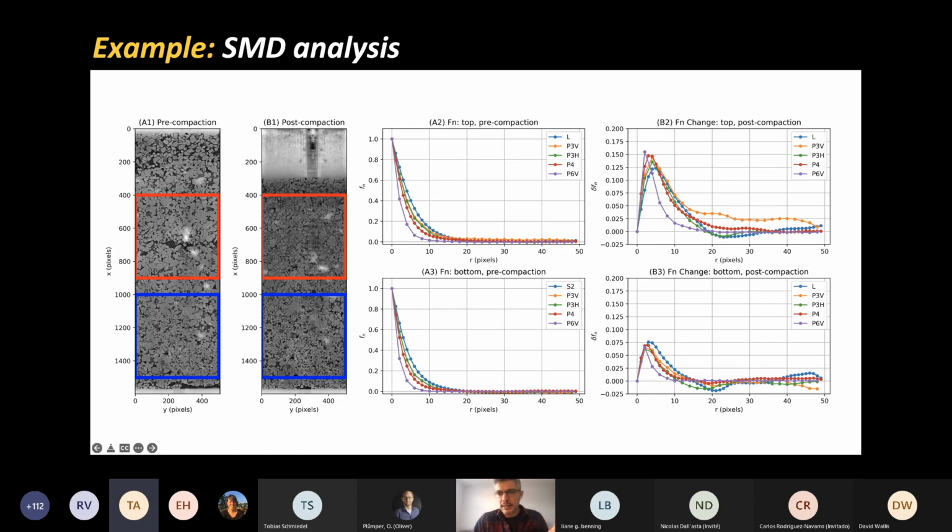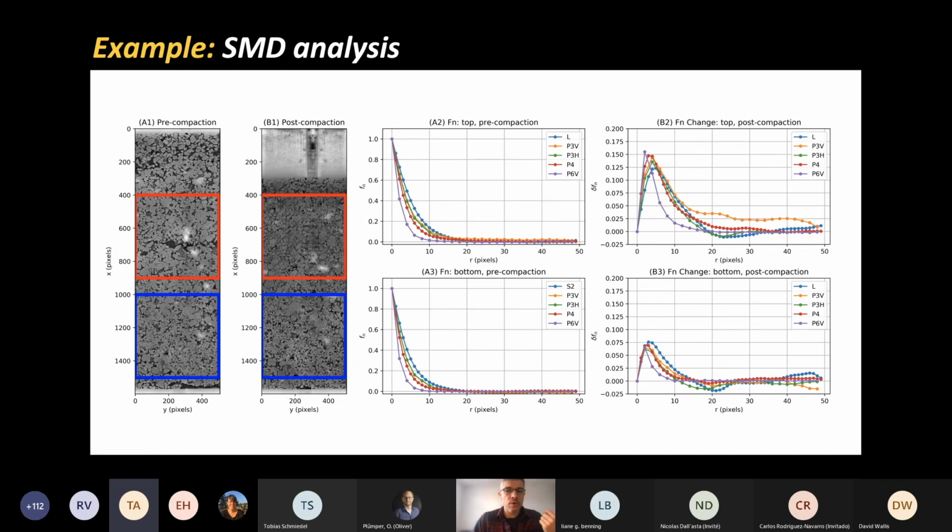So first of all, this orange curve that you see here tells us from the polytopes that anisotropy has decreased. From pre-compaction to post-compaction, we can tell exactly by how much and where and at what scales by the numbers on this curve. And this has to do with the fact that this picture here had this massive crack in it. At the bottom, we also have very interesting information.